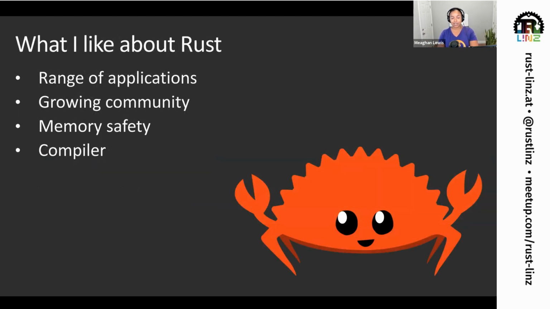And next, what I like about Rust. I mentioned I've been learning Rust for the past, I guess, year or so. And what I like about Rust is that there's a range of applications that you can build with it. For web and systems programmers, you can build command line apps, WebAssembly, embedded apps, networking. So the list goes on and on. And after I switch out of this presentation, I'll show crates.io, where you can kind of learn and see a lot more applications that have already been built that you can go and learn from and use yourself.